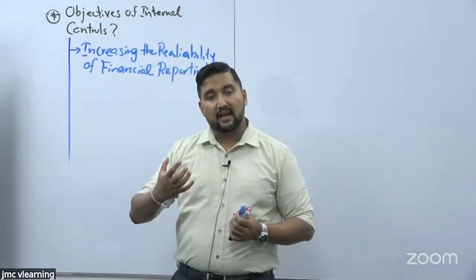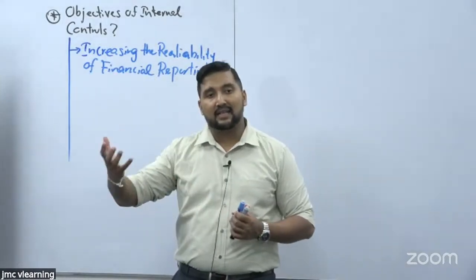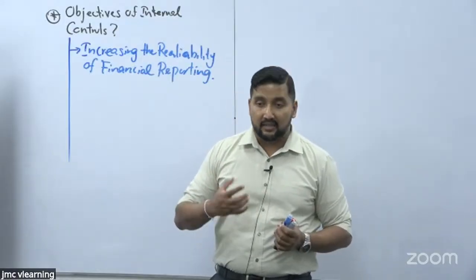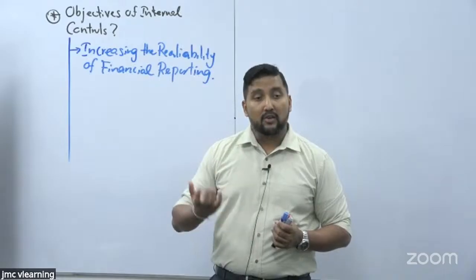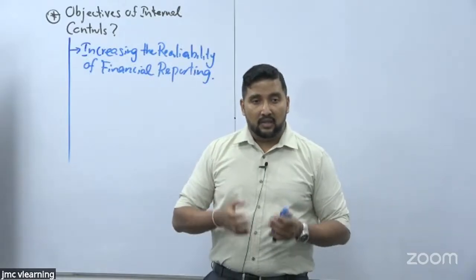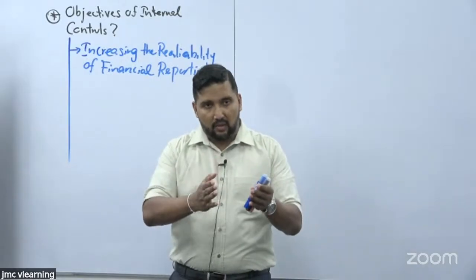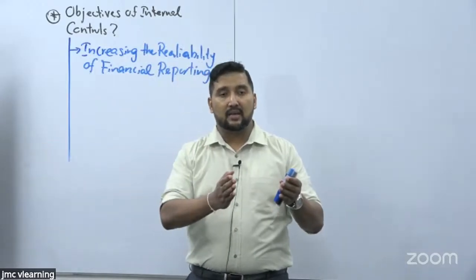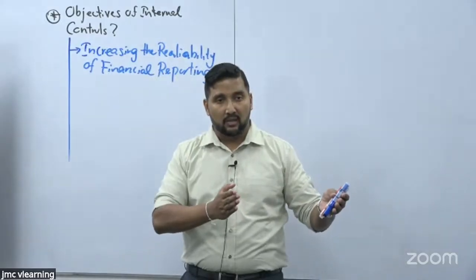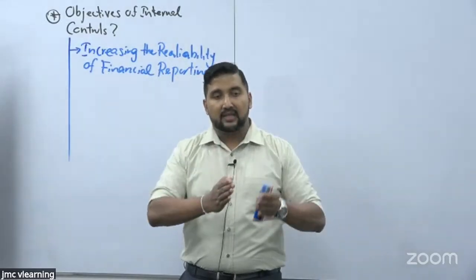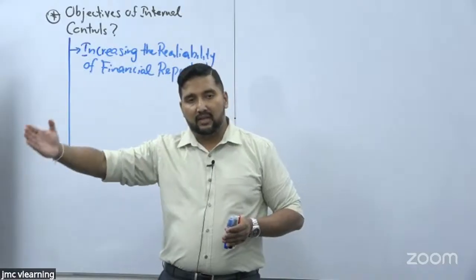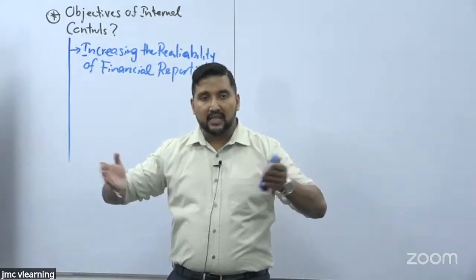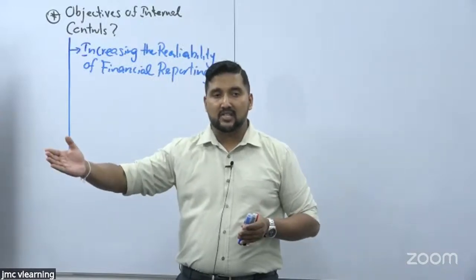So likewise, there are so many internal controls. Let's take another classic example. Most business organizations maintain a debtors control account. Why are you maintaining a debtors control account? The closing balance of the debtors control account has to tally with your debtors ledger. Then business organizations maintain a creditors control account. The closing balance of the creditors control account has to tally with what? The creditors ledger. Agree? So if those are not matching each other, you can't say the financial statements are complete.